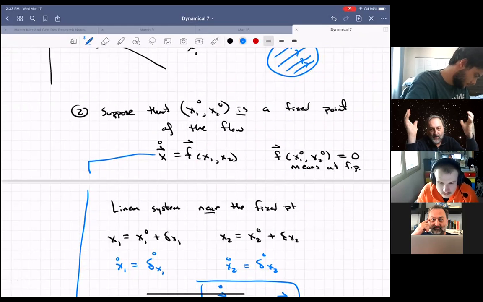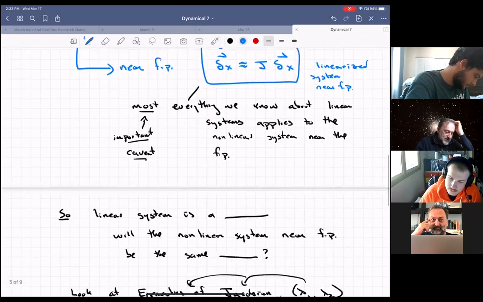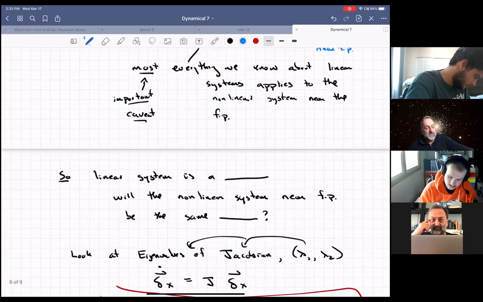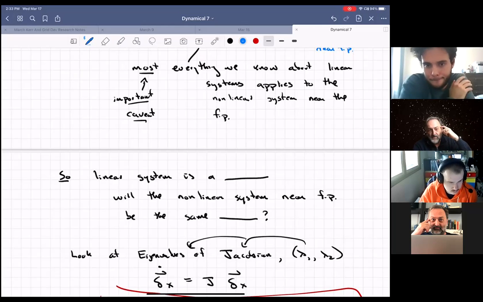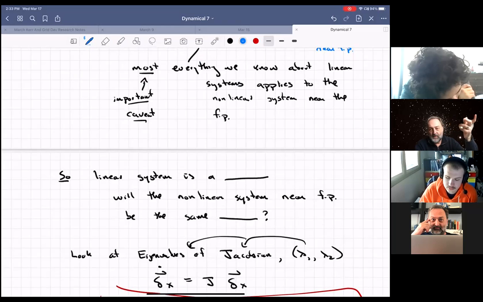You want to kind of look at a bigger region than what you would do in a rectification theorem. So the question becomes this question. Suppose when you study the linearized system, you get something or another. Will the nonlinear system also be that? And the answer is yes, it will be if the fixed point was hyperbolic and had non-zero real parts of